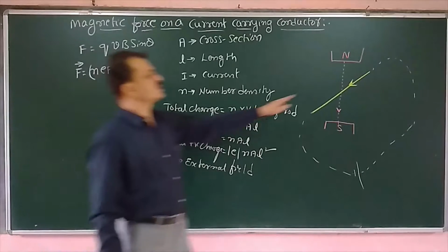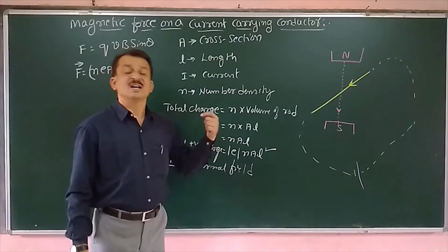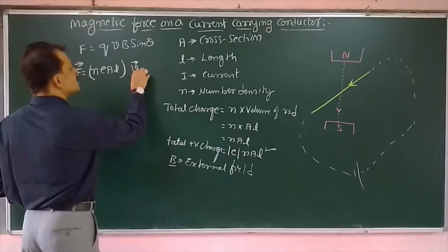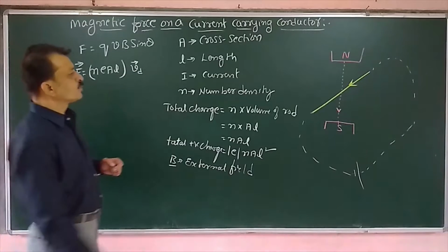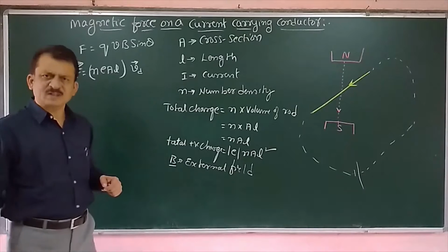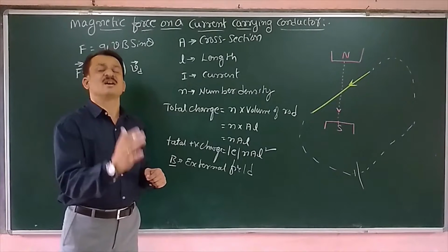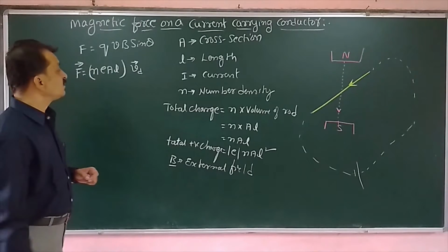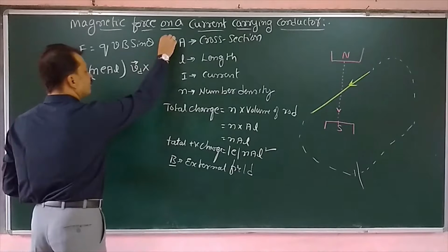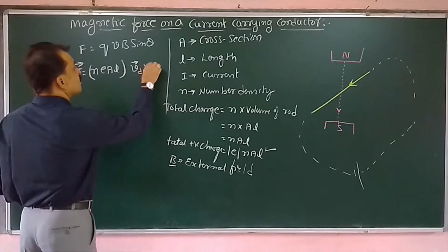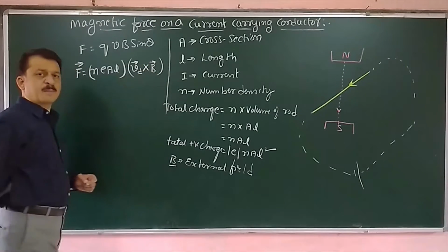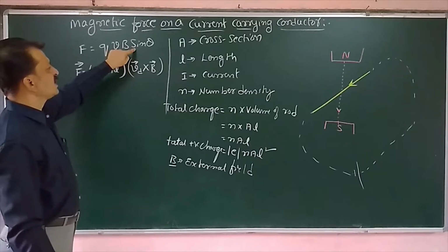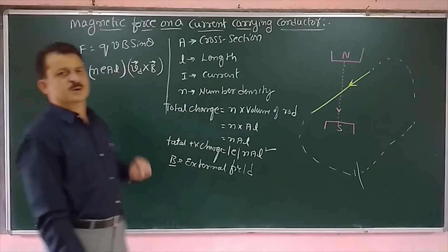Now as and when the current starts to flow, the charge carriers are drifting with a velocity, that is drift velocity. We are already familiar with that. If current is flowing, electrons are moving, they are drifting with a certain average velocity. Now that average velocity we have taken as the drift velocity. Now cross multiple of the magnetic field, the external magnetic field. Now this equation we have written in this fashion. Now here sin theta, because of that we are having a cross product.